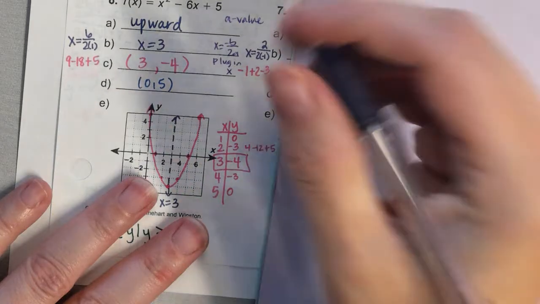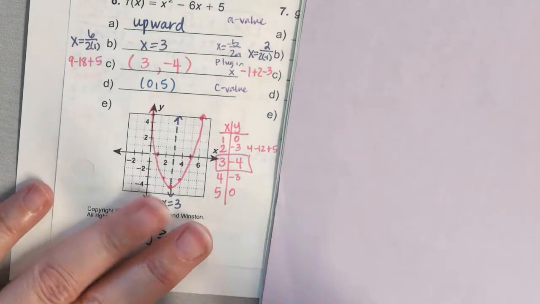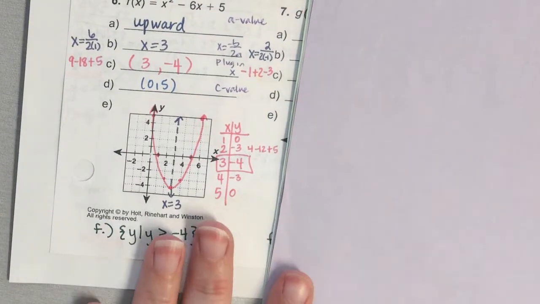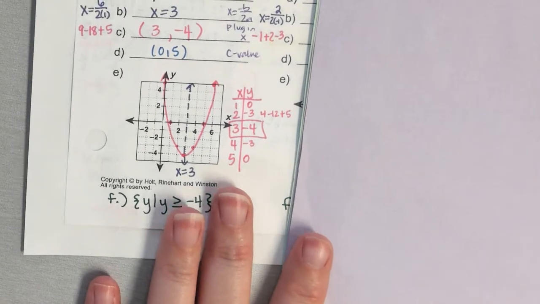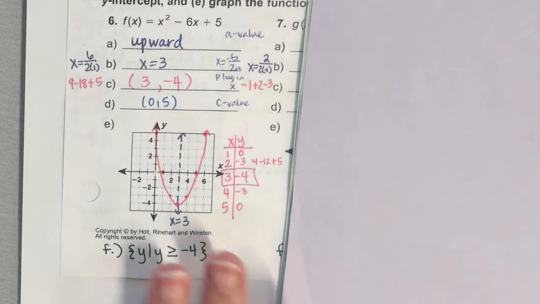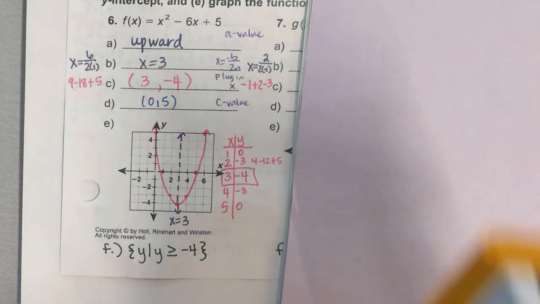And then your y-intercept, that's your C value. So I have 5 here, so your coordinate is 0, 5. Okay, for the graphing part, what I would do is I would use the table on my graphing calculator, and I would put my vertex in the middle. Okay, and then from there,